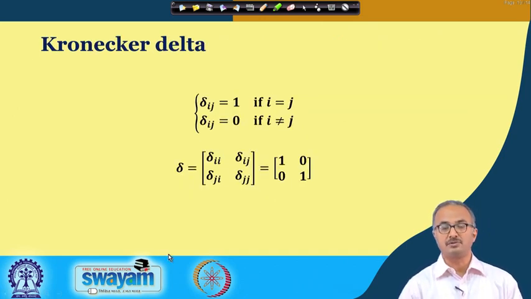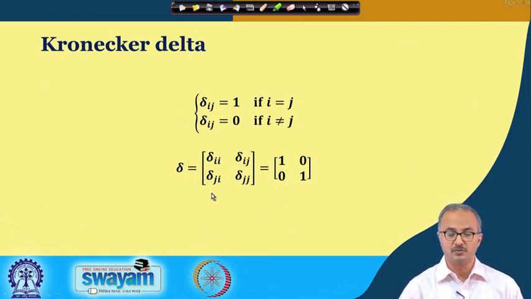Now here we put some notations which are very much used in vector algebra, that is the Kronecker delta. It is delta with ij subscript, and this is defined as: if i and j are the same, then we have 1, and if i is not equal to j, we have 0. You can say this is like a matrix of delta ii, delta ij, delta ji and delta jj. Delta ii is the same, so it is 1; delta ij is different, 0; delta ji is different, 0; and delta jj is the same, so it is 1, in a concise way.